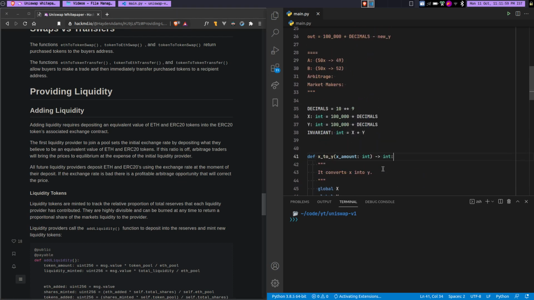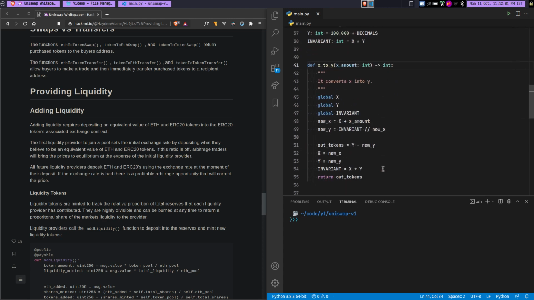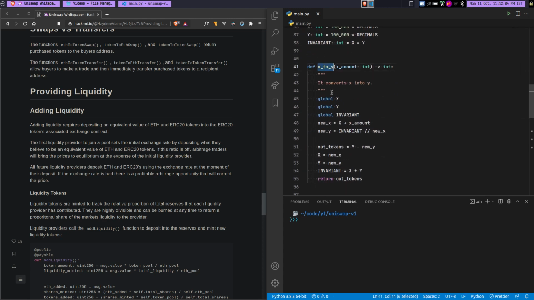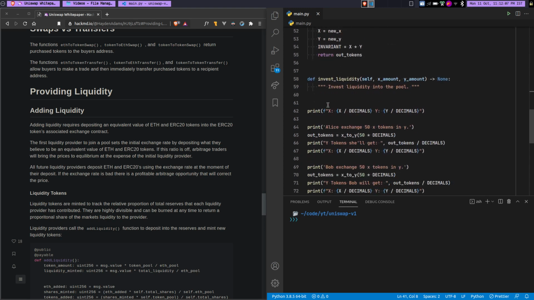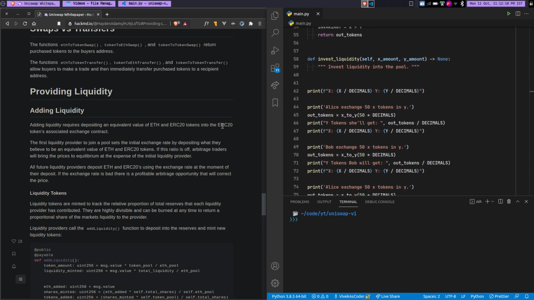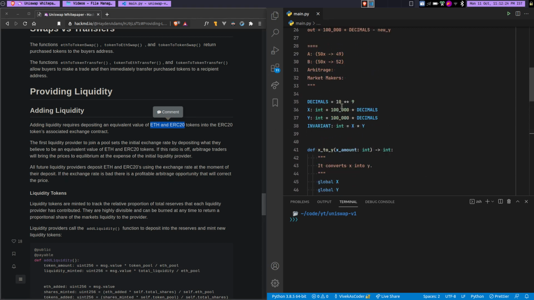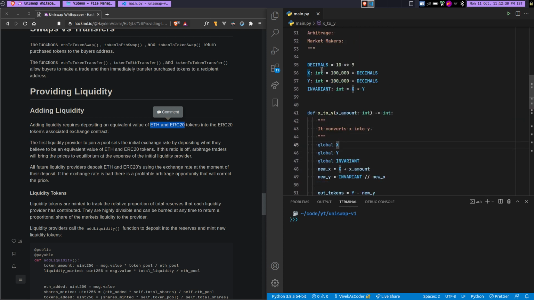Cool. Let me quickly remind you what we did in the previous video. We talked about how you can exchange X to Y and Y to X. Now, the thing you need to understand is that Uniswap V1 was based on one concept: you can exchange your ETH into an ERC20 token and an ERC20 token into ETH. But in this specific example, I was talking about two tokens, so I will be changing some of this, primarily because I need one to be XTZ or ETH, and the other should be the token, which will be fine.